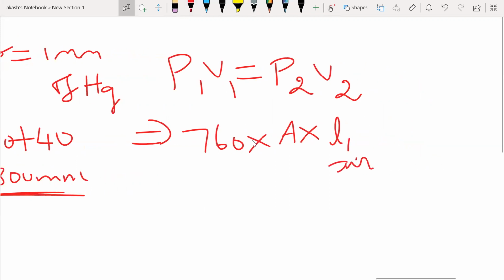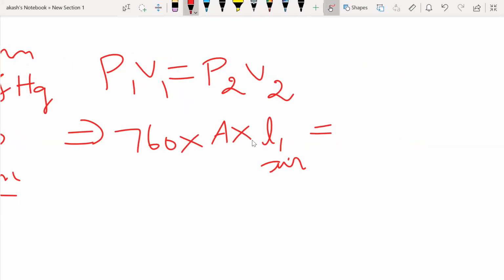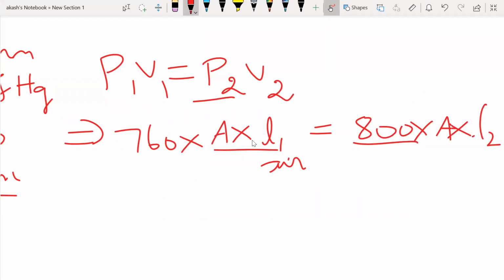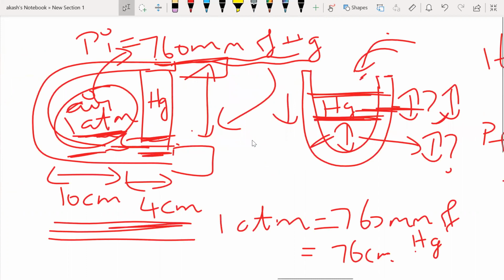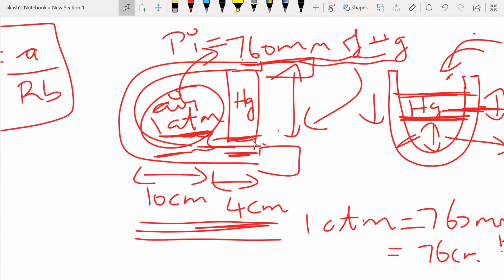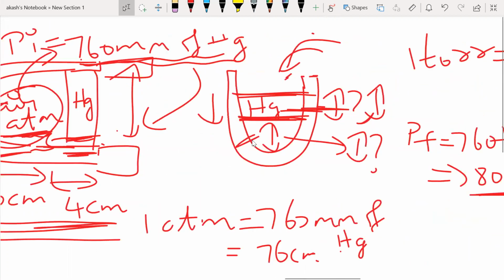Okay, right, now that should be equal to the final pressure P2, which is 800. Just now I calculated, area into length is what is volume, right? So area into the length of the air column in the second case, when the pressure is this much, L2. Okay, so A and A get cancelled. So I know the initial length, so it will be 760. Now you see what was the initial length. Initial length was 10 centimeter, right? That was the length of the air column. Okay, so 10 centimeter,